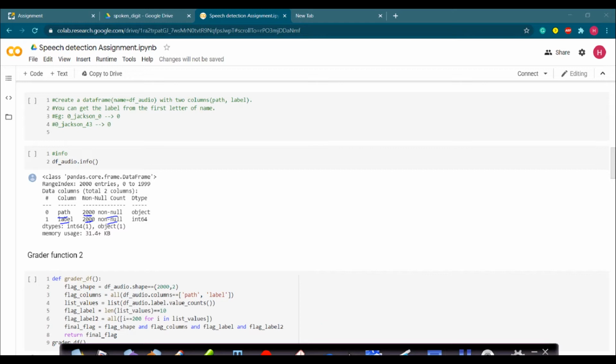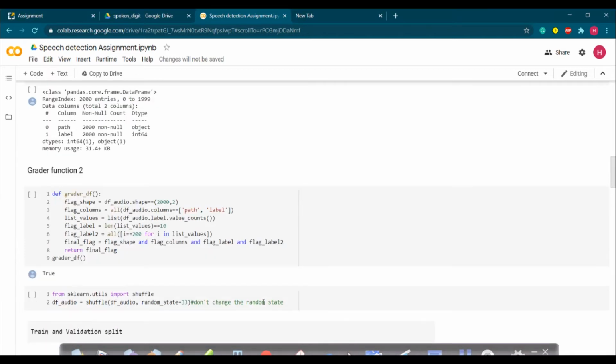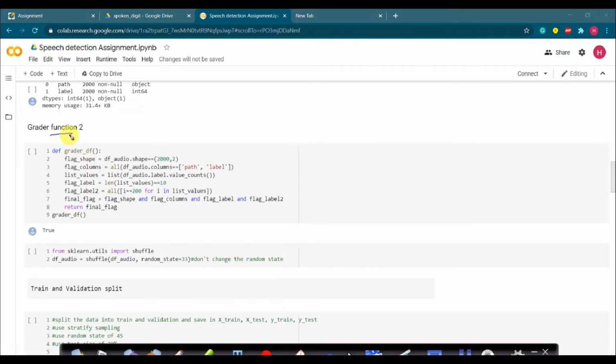Okay. And now moving further, we came across our second checker function, and this function will check the shape of your data frame, and it should be 2000, 2 because we are going to have 2000 rows and two columns. And also it checks the column names, and it should be path and label, and also the value counts for your label. So now you can see that in our dataset, we have audio files of speaking the digits 0 to 9.